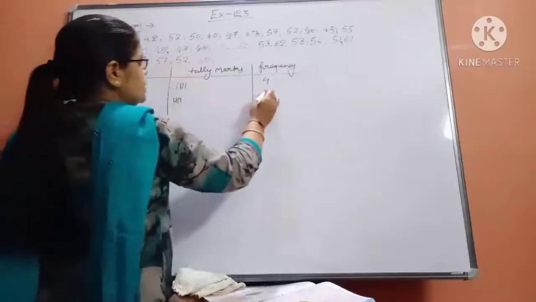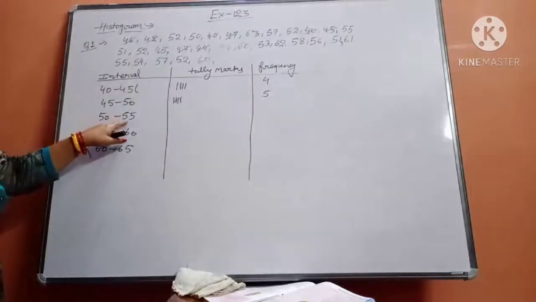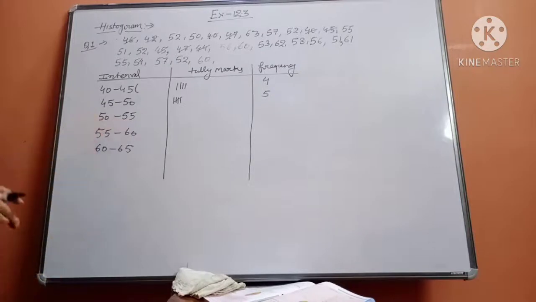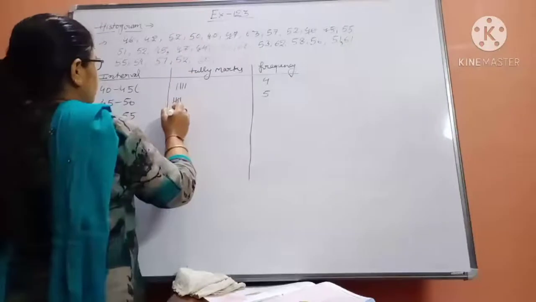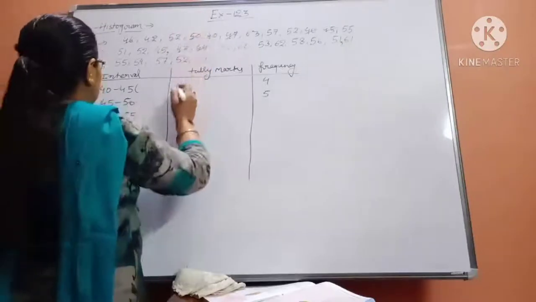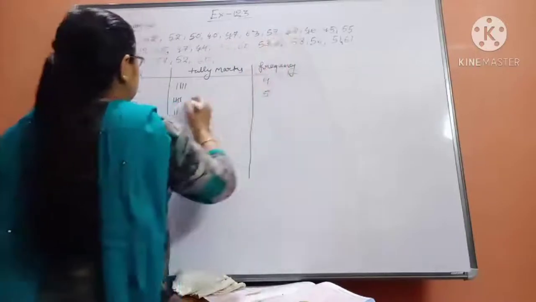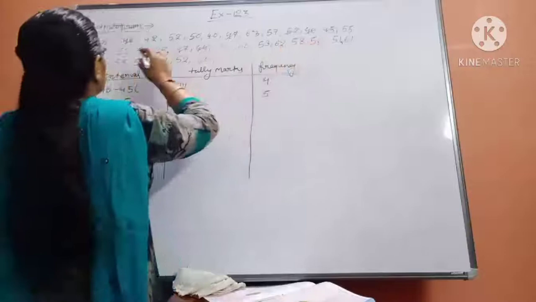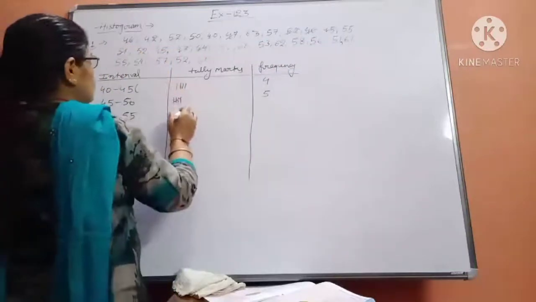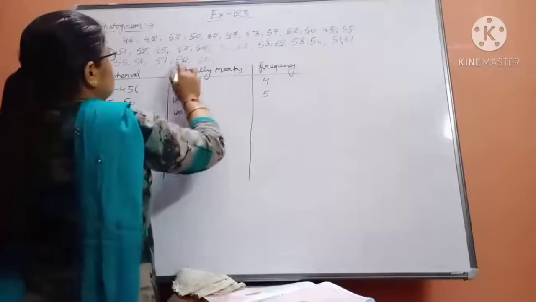So these are 5. Okay, now 50 to 55. 55 will not be included, 50 will be included, and the numbers between 50 to 55. Now see that 52 will come 1, 50 will come 2, then 52 will come, okay, 3, 55 will not come, and 51 will come 4, 52 will come 5, okay,